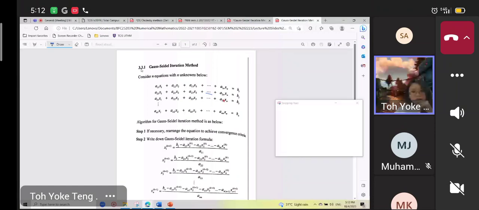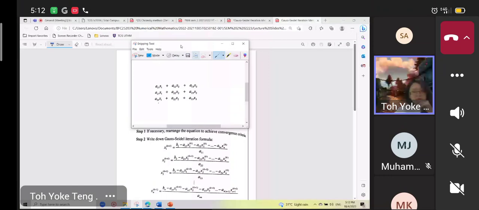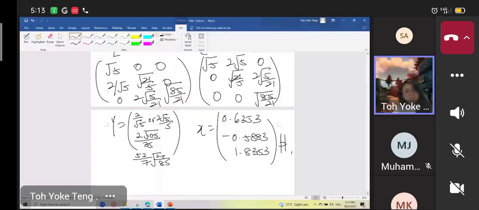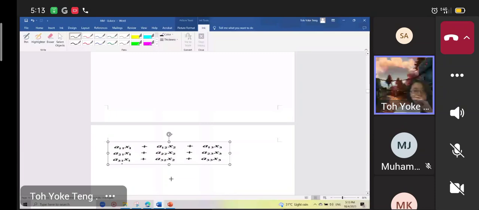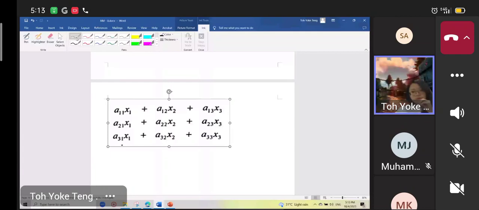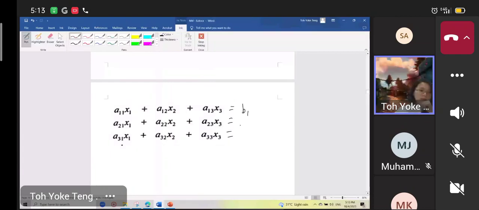So here I just discussed with you the 3 times 3 dimensions, as refers to here. Let's say that there is a 3 times 3 dimensions system of equations as refers to here, equal to B1, B2, B3. Okay, so once we arrange,